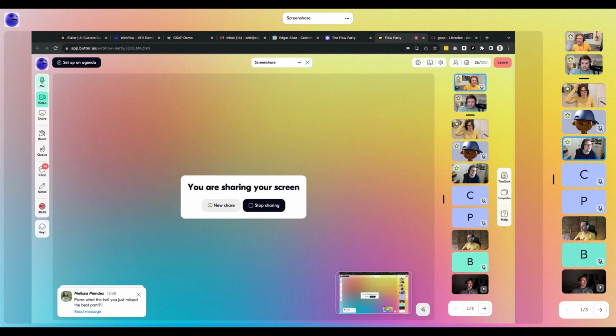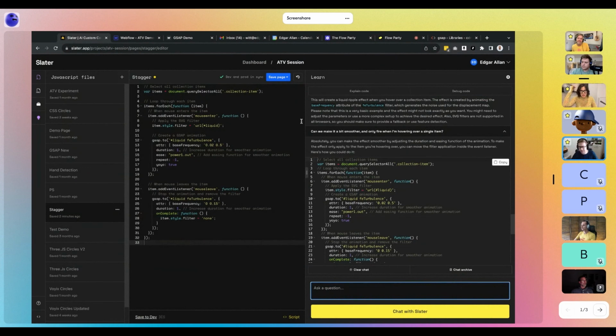Yeah, okay. So like I was saying, I'm pretty used to using custom code on all my projects. And when I need to do something more advanced that needs to live outside Webflow, I usually use Code Sandbox. So it's inevitable to compare the workflow using Code Sandbox and what can be done with Slater. I'm trying to figure out where Slater sits between coding straight in Webflow and coding in Code Sandbox or VS Code or whatever. So I'm just trying to figure out what the possibilities with Slater are. Sure, totally. So I think one thing